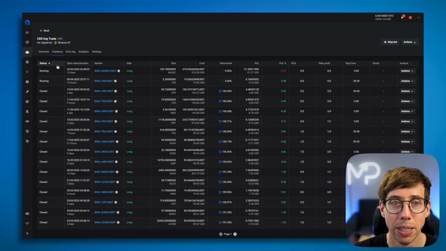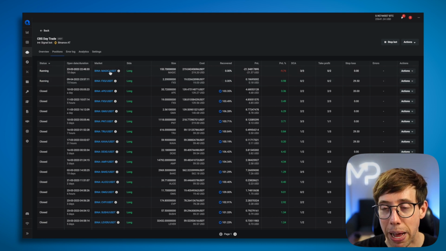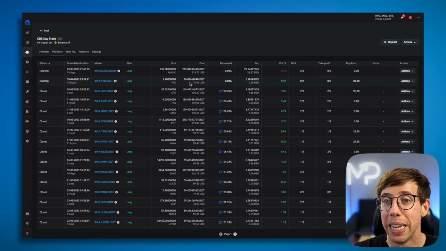Maybe that's why they have it like this. So I have 2 running right now. I have one that I'm waiting on for magic and another one, again, I'm waiting on. But it tells me everything I need to know. Even in the closed, I can see here that this one here for PNT, I added more funds to it. Not only is the cost of it way more than the previous ones, but I can see over here, DCA